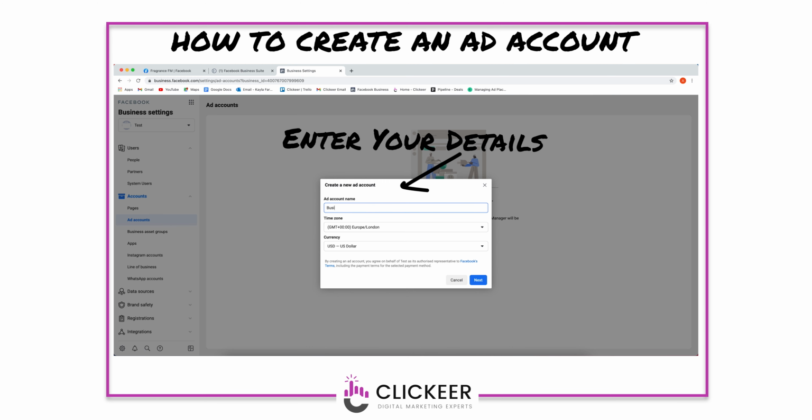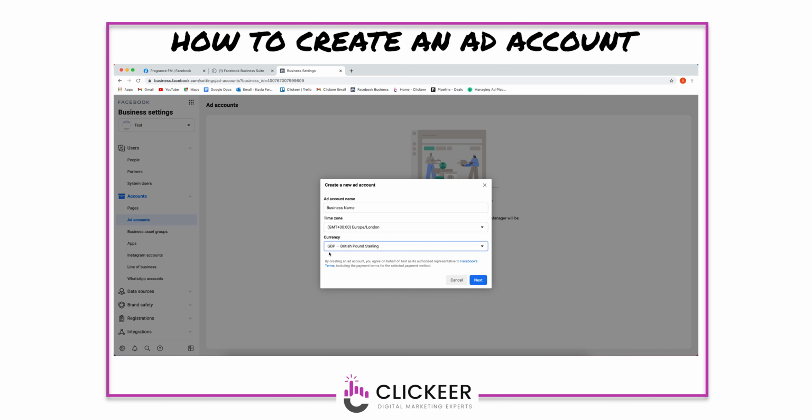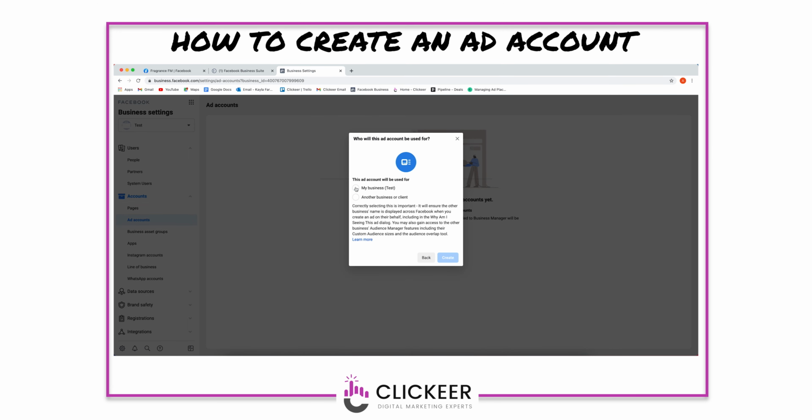There you'll have to enter your business name, check the time zone is all correct, and then also change the currency to Great British Pounds, and then click next. Click that it will be used for my business,